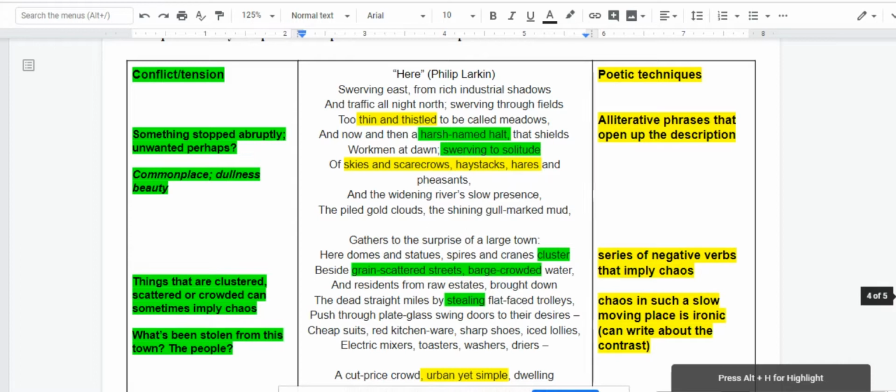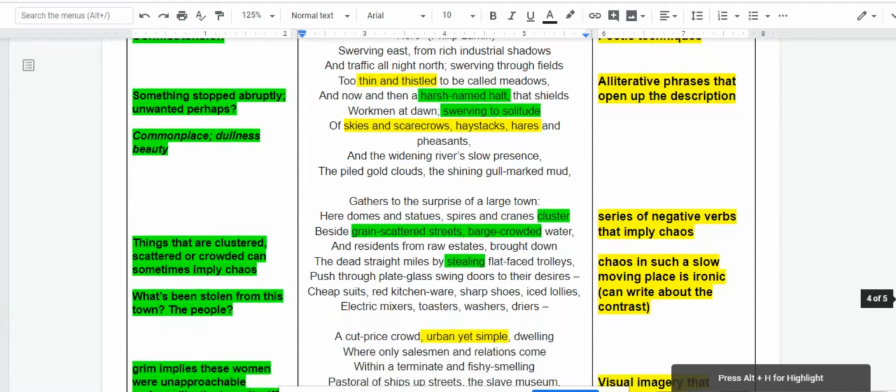Now, when I move on, you'll see it's kind of come together. These are the three areas of your graphic organizer. So now I have my evidence that's marked in the middle. I have my conflict or tension, these ideas of complexity, on the left side. And then I have my poetic techniques. Now that I have my evidence marked, I can go ahead and write down the beginning of ideas of how these poetic techniques are being used. For example, this listing of